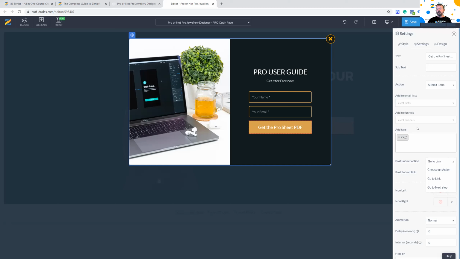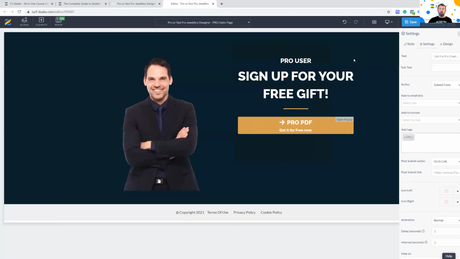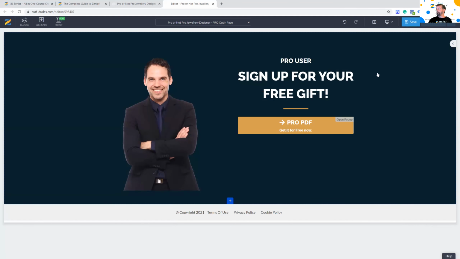With all these things, you need to test them. You need to test that it's capturing the tags, that you're getting the right emails. You need to test it not just on one, you need to test it on both of them. Mistakes happen, they happen all the time. So you need to be testing this stuff. It's our mantra. You should definitely test all of your forms and funnels before you go ahead.